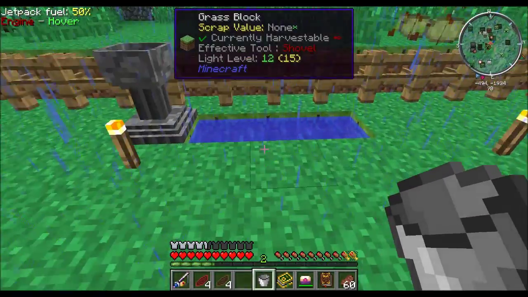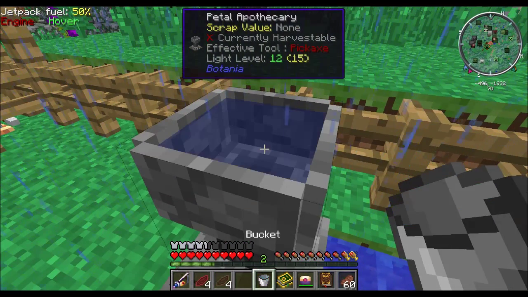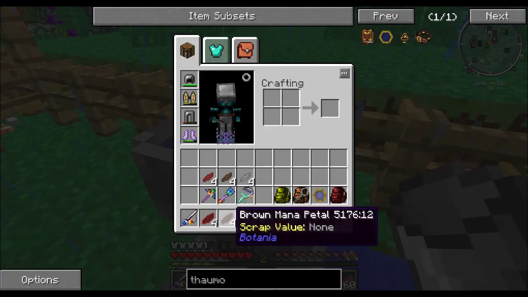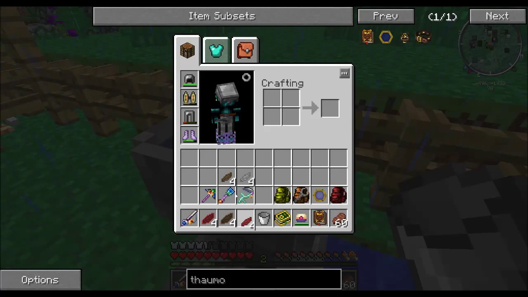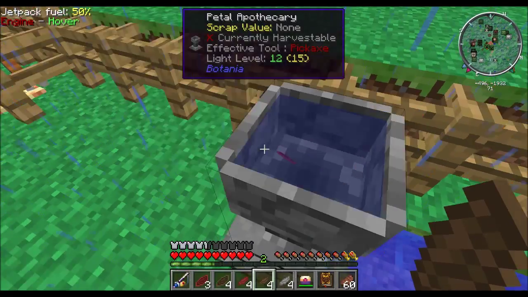And then we are going to infuse them. Alright, so we need a renewable water source. So boom, we just put it there. And what it basically takes is one of these petals. So what we're going to do is we're just going to...